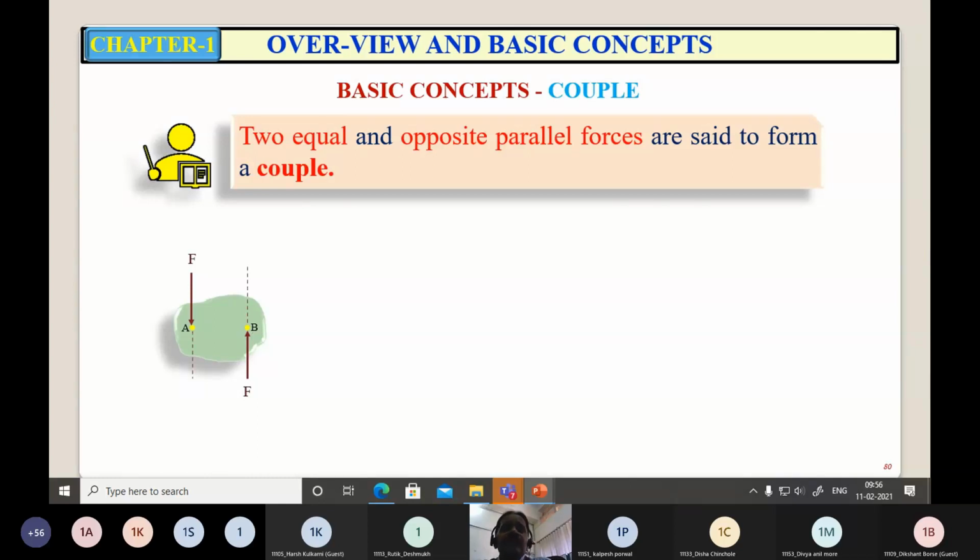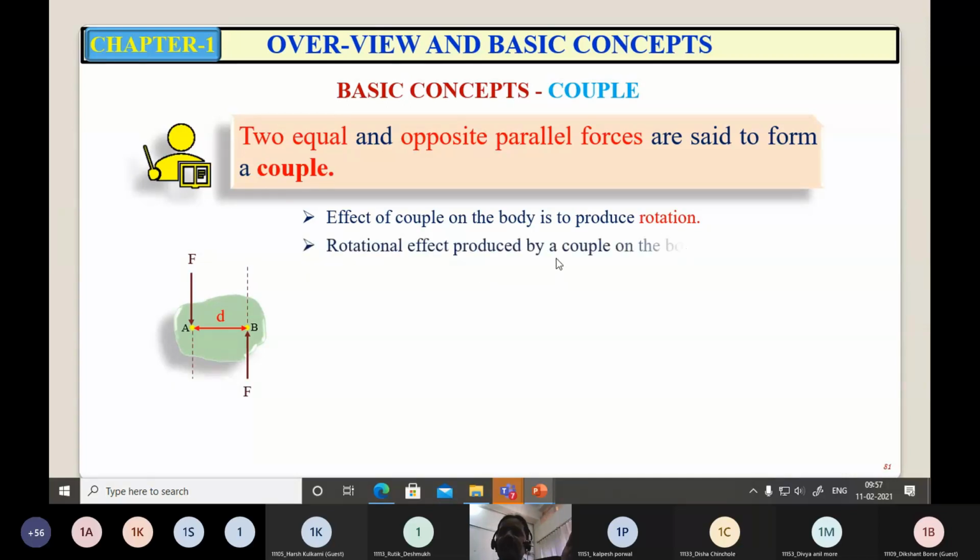Now, what is the effect of these two forces on the body? Say D is the perpendicular distance between the two lines of action. The effect of these two forces on the body is to produce rotation only. The body cannot move from one place to the other. It means the position of G is not going to change, but it can only rotate at the same position. That we will see in detail to understand the concept. The effect of a couple on the body is to produce rotation,